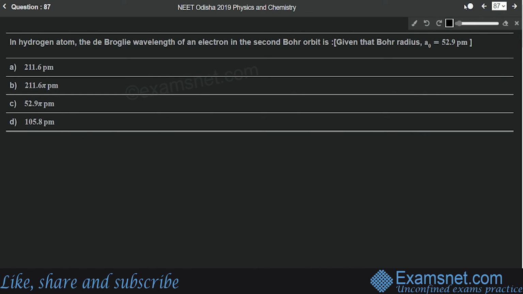Now question number 87 is from the chapter Structure of an Atom, and the question is, in hydrogen atom, the de Broglie wavelength of an electron in the second Bohr orbit is. So we have to consider the second Bohr orbit, that means n equals 2. So we know that according to the Bohr's theory,